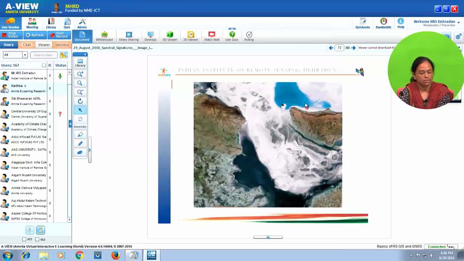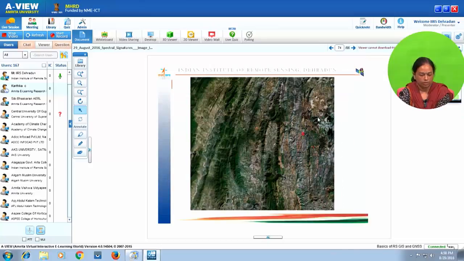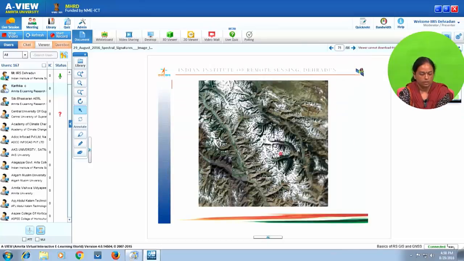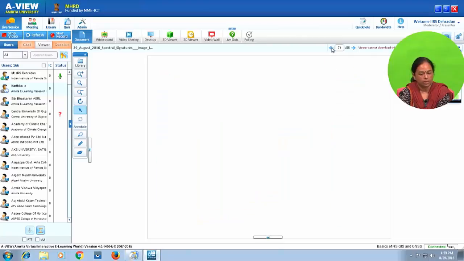This white bright feature corresponds to salt pans. Now I will show you how you may see the same kind of reflectance, but features are different because you see different associations. The feature that you see here is in the higher Himalayan mountain region, and it is a white bright feature. These are glaciers, whereas the one that we just saw